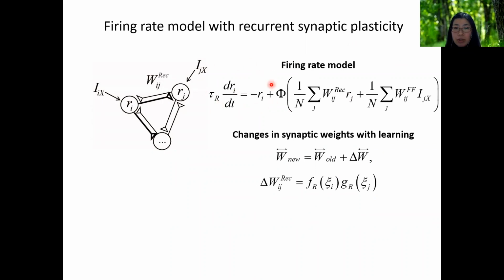The synaptic change is still an update of the synaptic connection, dependent on the pre- and postsynaptic rates. But now delta W depends on the average firing rate rather than the instantaneous firing rate, because we are considering slow synaptic plasticity.